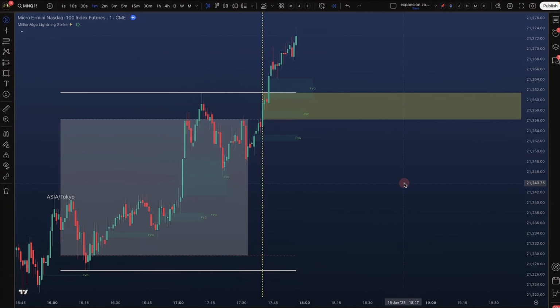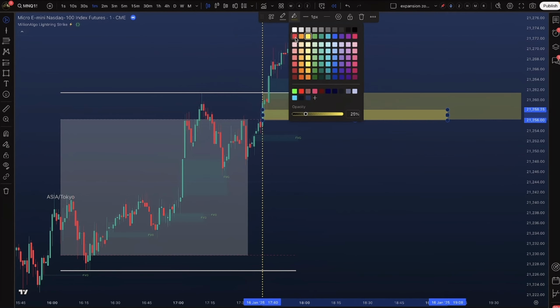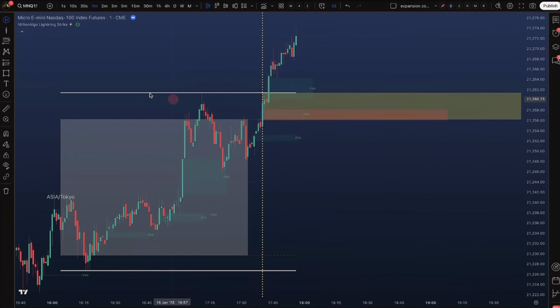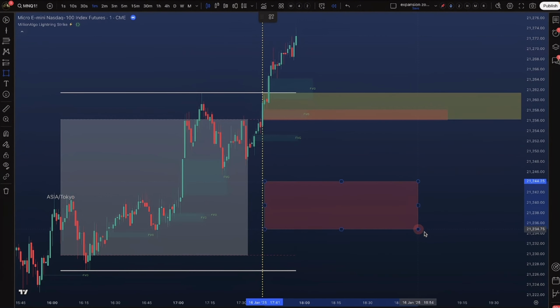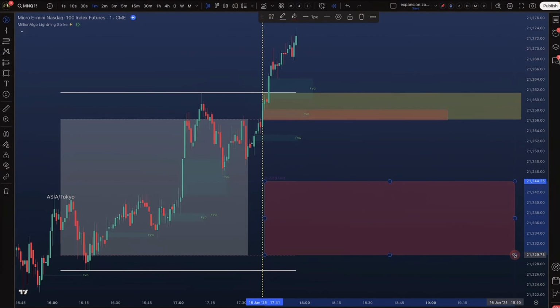Now that we've identified our key areas of interest, let's discuss how we manage trade entries. We'll mark the FVG area where the breakout occurred as the second area of interest. You can also change the color for better differentiation. The third area of interest will be from the 50% level marked by the middle line to the opposite compression level. You may choose another color based on your visual preference.